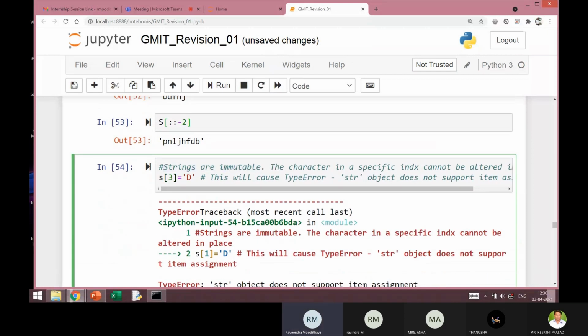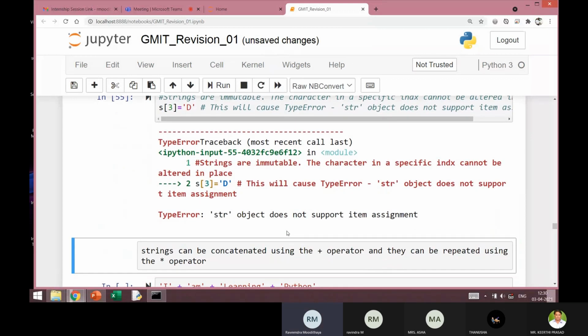So out of the various sequences like string and tuple, both of them are immutable. The sequence list is mutable, and the moment it is mutable, there are a lot of other possibilities. We will see that in the next session with the list. You can also remember this in another way. An expression like s[index] = 'd' cannot appear on the left hand side. That's why it has caused an error. So if I execute this again, this will cause an error.